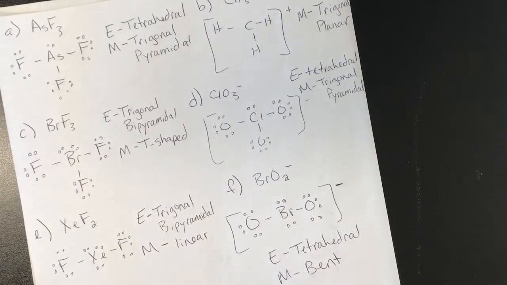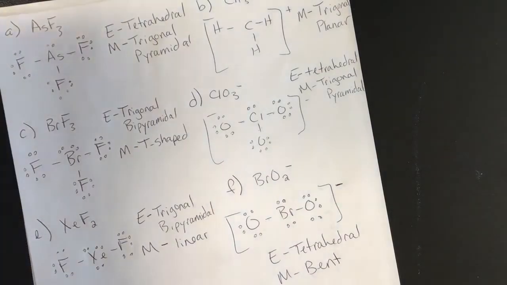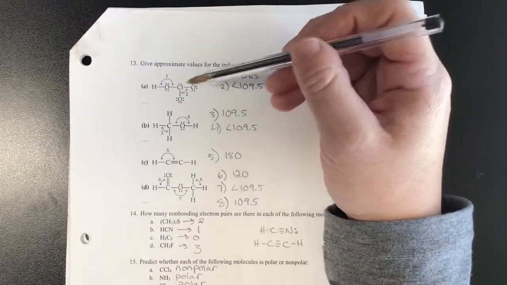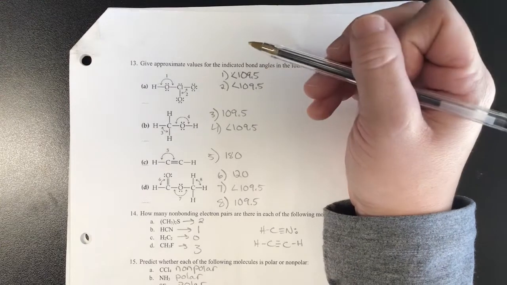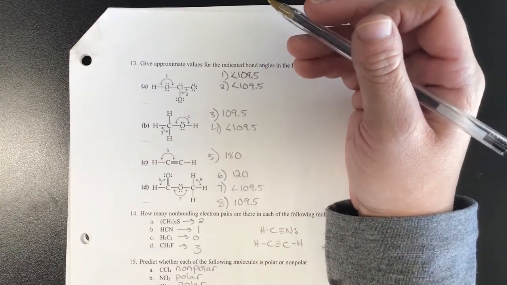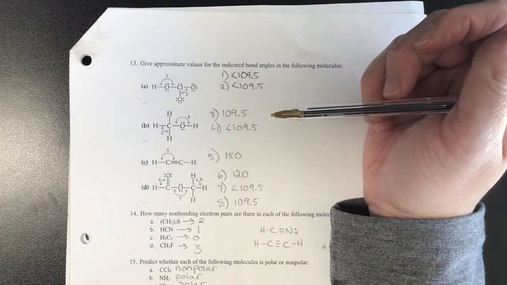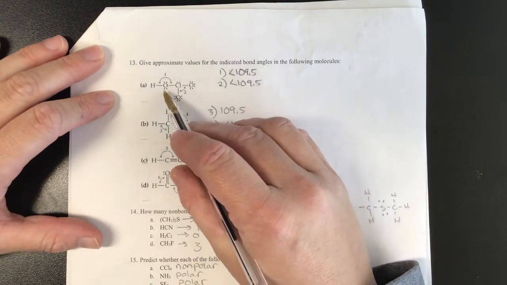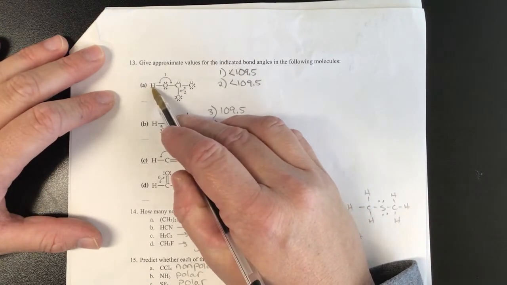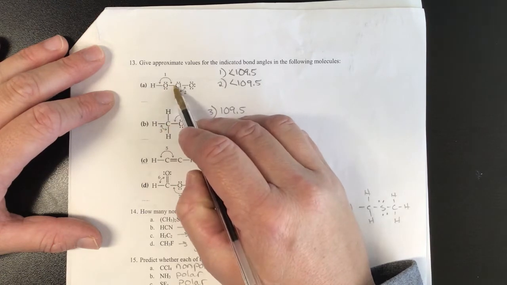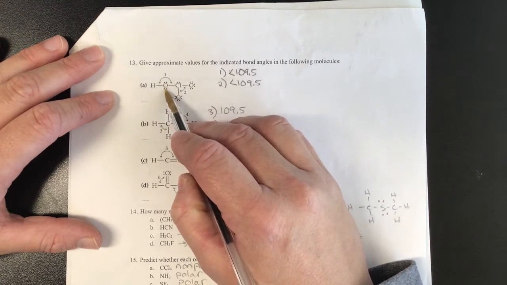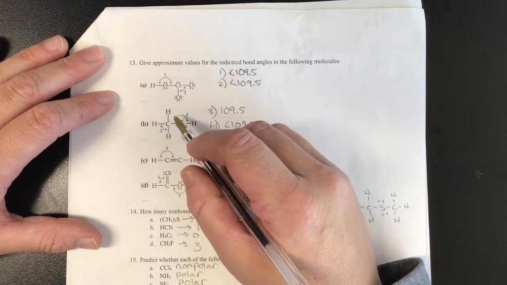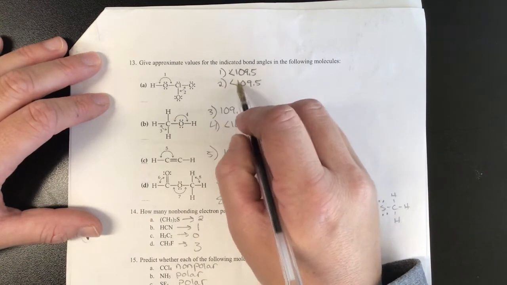Okay, so that was number 12. Number 13, we had the bond angles that we were looking at. So to figure out the bond angles, we just need to figure out what the central atom is and then how many domains are around the central atom, and then we can figure out the bond angles. So for this one, oxygen is the central atom here because we're looking at the bond angle between hydrogen and chlorine. So we want to look and see what's on oxygen. So we have a total of 1, 2, 3, 4 domains on oxygen, which is tetrahedral. And so that's going to be our 109.5